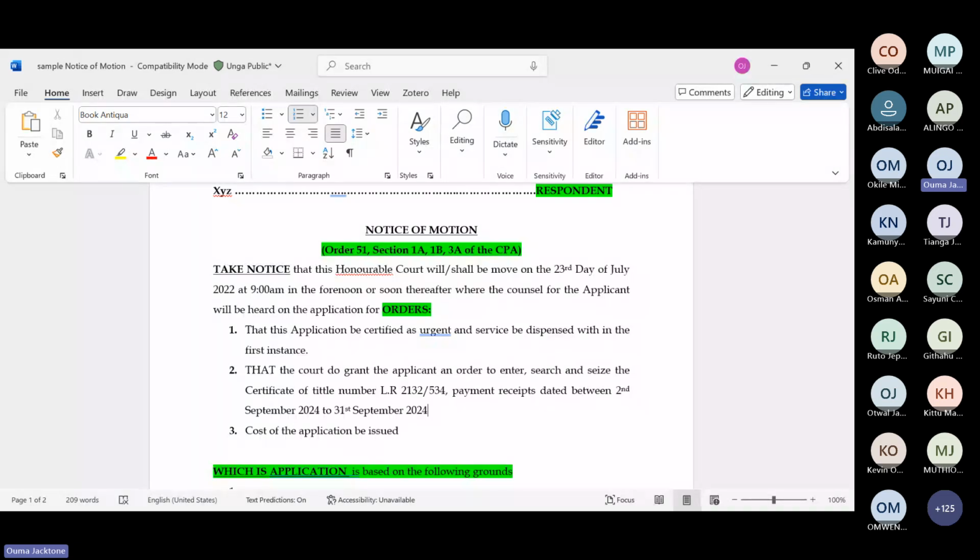So guys, this doesn't mean that these are the documents that you're going to have.